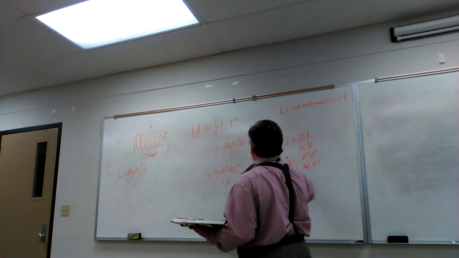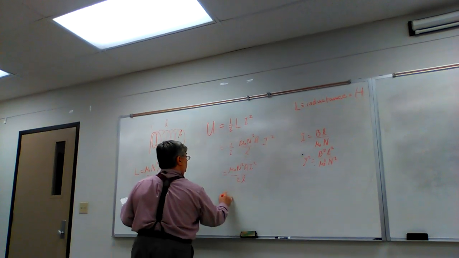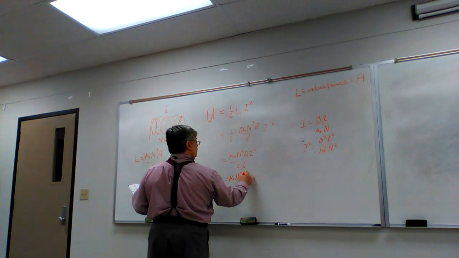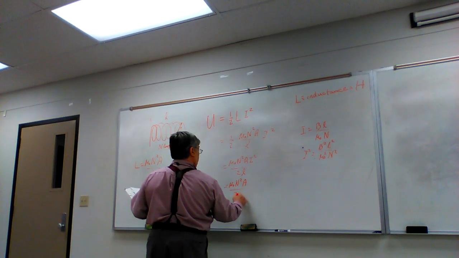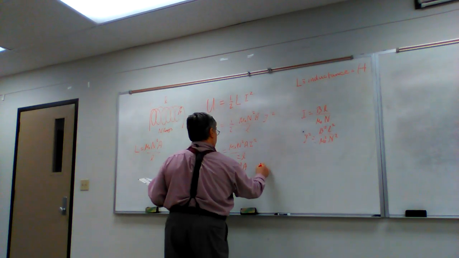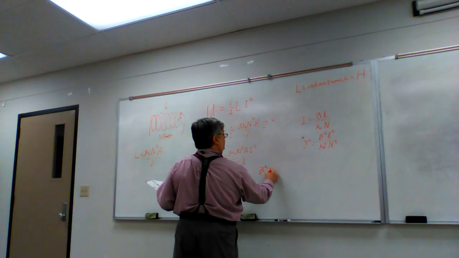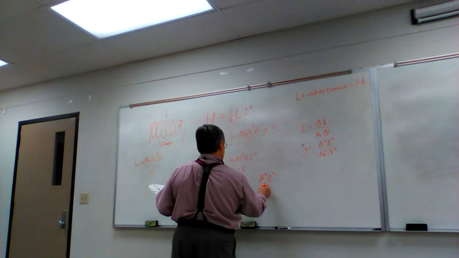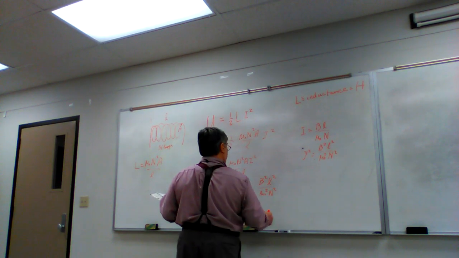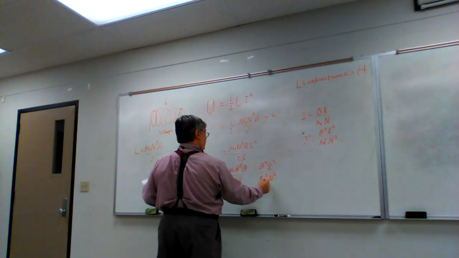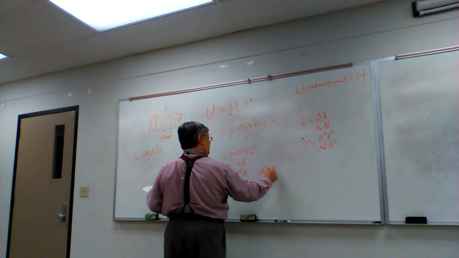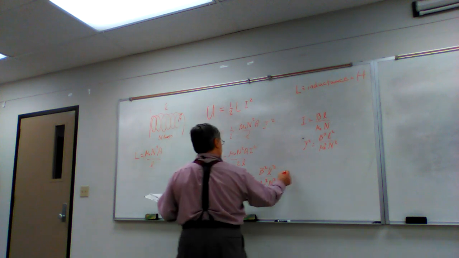And if you then multiply this times this I squared, the N squareds cancel, one of the mu sub naughts cancels, one of the L's cancel, and you end up with